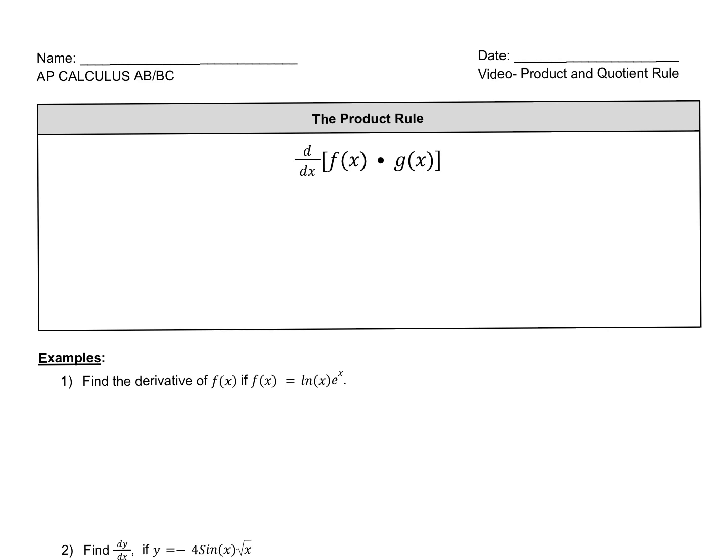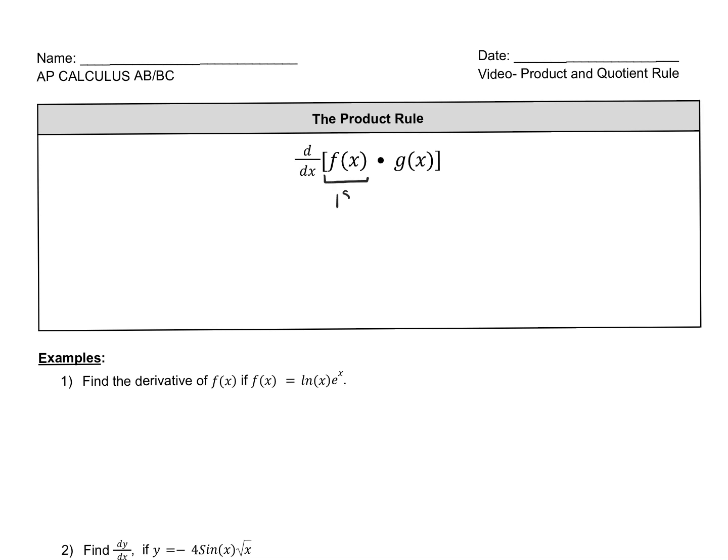Hi everyone. In today's lesson, we're going to talk about another concept of taking derivatives called the product and quotient rule. So the product rule is used when we have two functions being multiplied together and we want to find their derivative. So the rule is